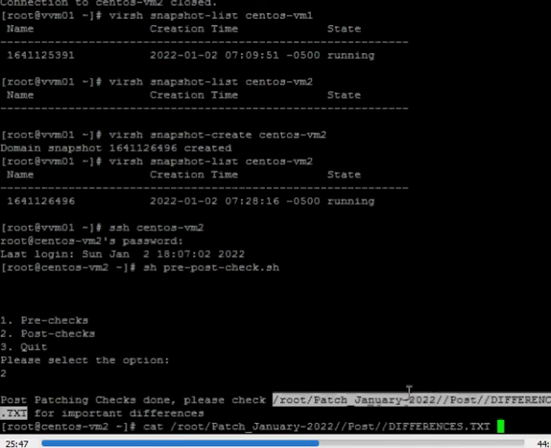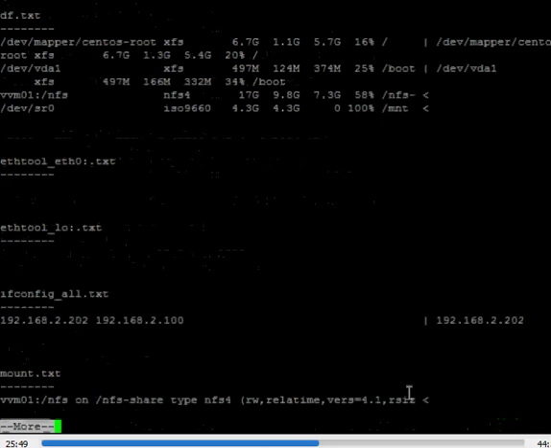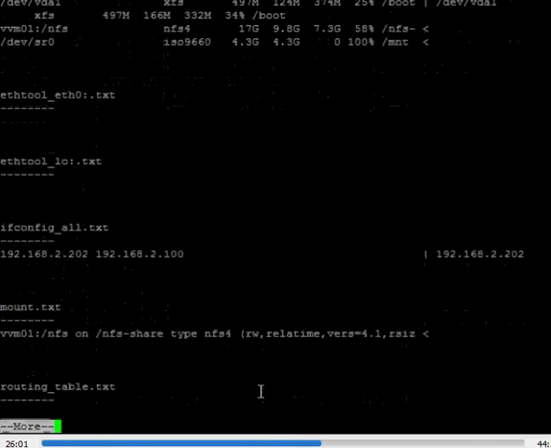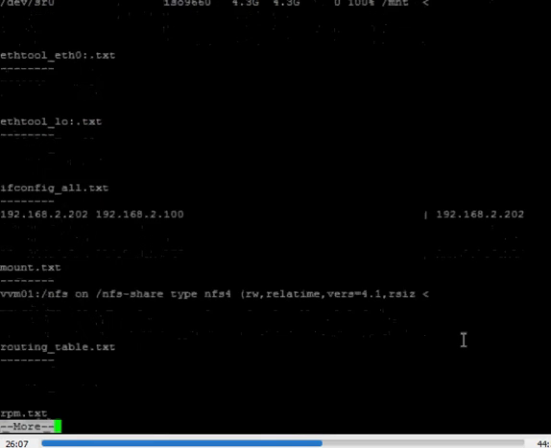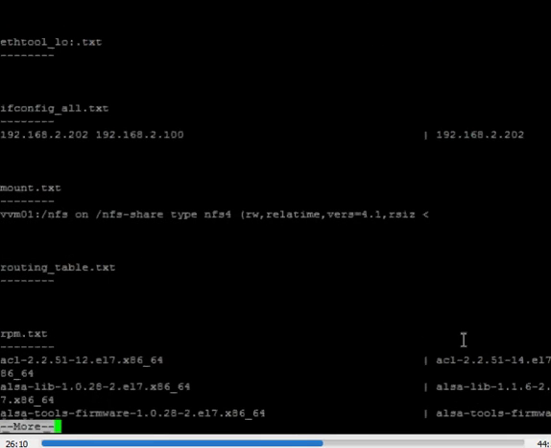Let's check the differences. So here again you can see the NFS file system, the MNT file systems, and the virtual IP which I have created is missing. So this will help you to resolve the issues.